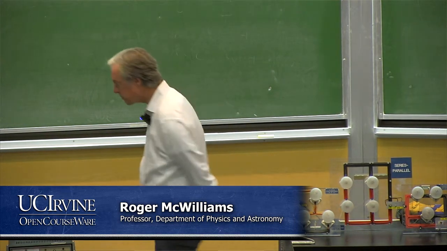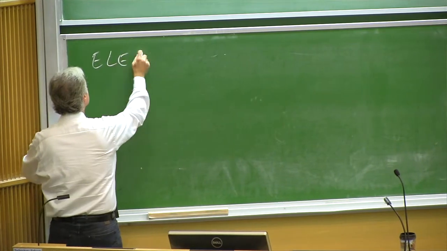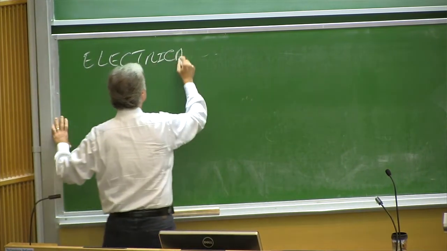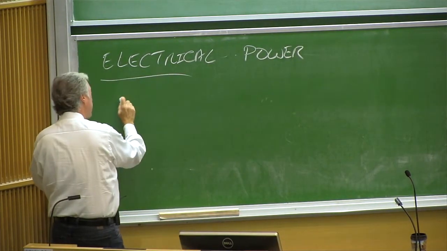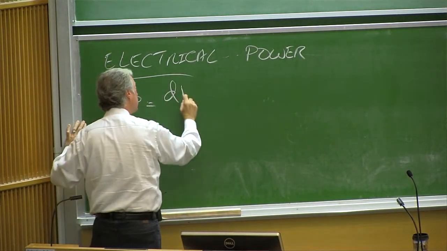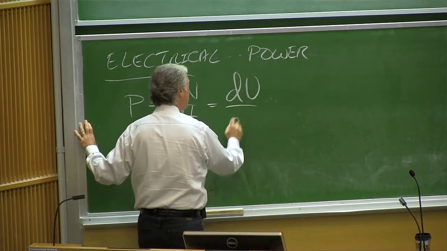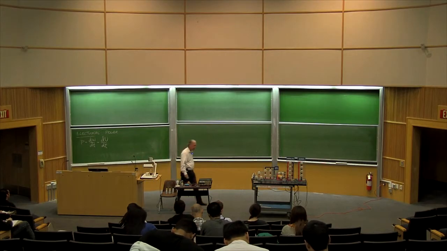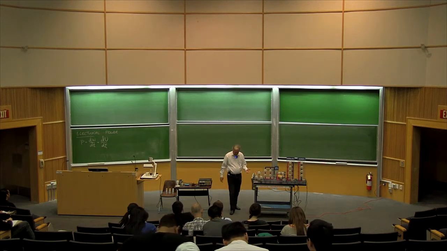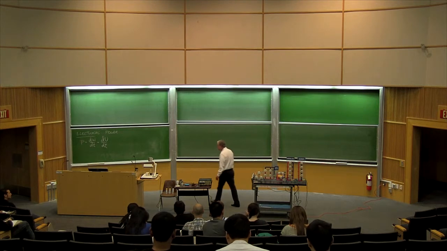We've learned that power is the rate of change of energy. So electrical power is the rate at which work is done, or the rate at which the total energy changes, or the potential energy. We take it, the power is the rate at which the energy is changing, going to do some task for us. So in resistors,